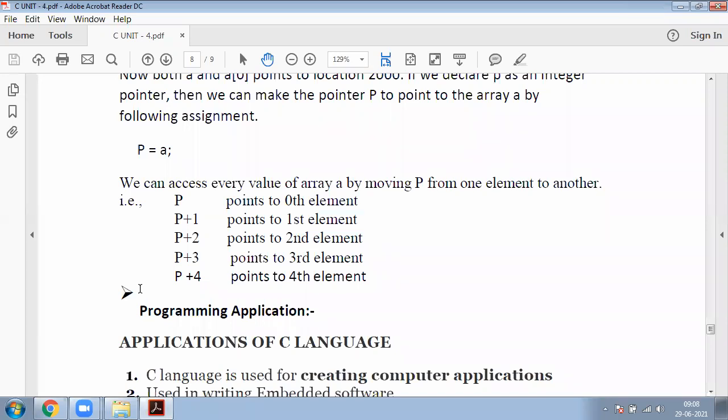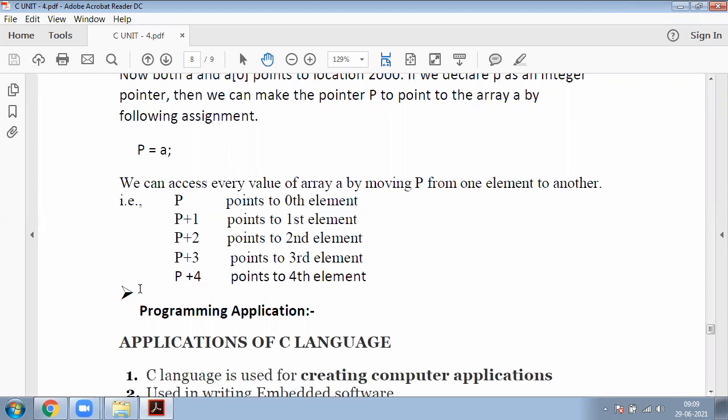For example, p points to the zeroth element, that is a of 0. If we use p plus 1, nothing but incrementing the pointer by 1, it points to the first element, that is a of 1. If we use p plus 2, it points to the second element, a of 2.